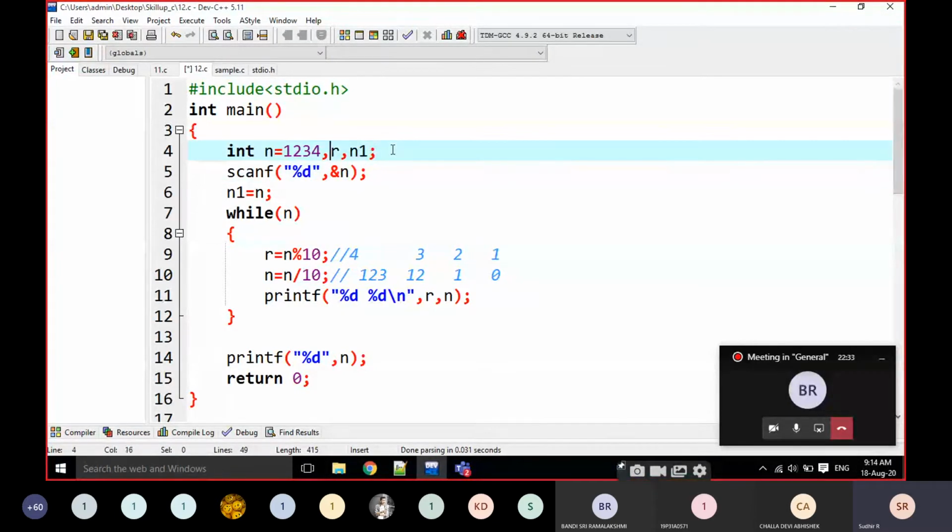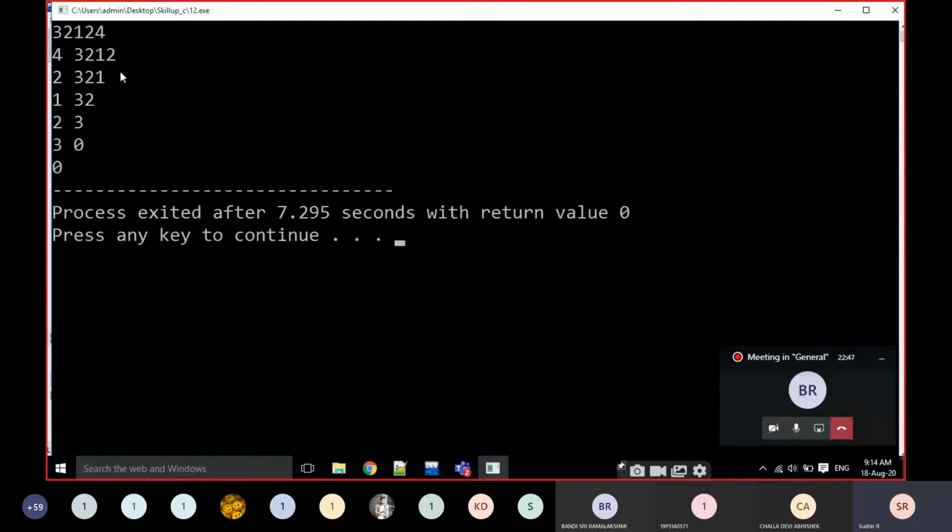I am going to read a value every time. I am reading the value. I am going to put a dynamic value here, for example 2 3 1 4. If I execute it, the output is 4 2 1 2 3.